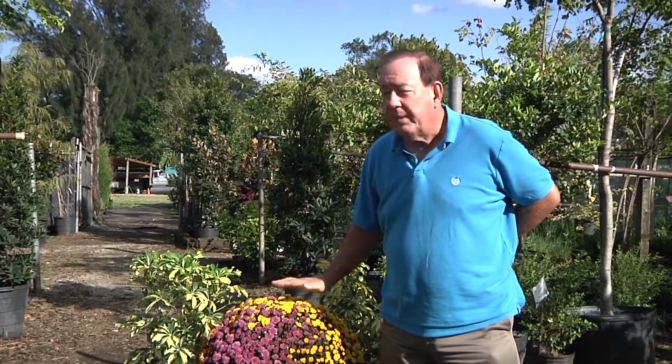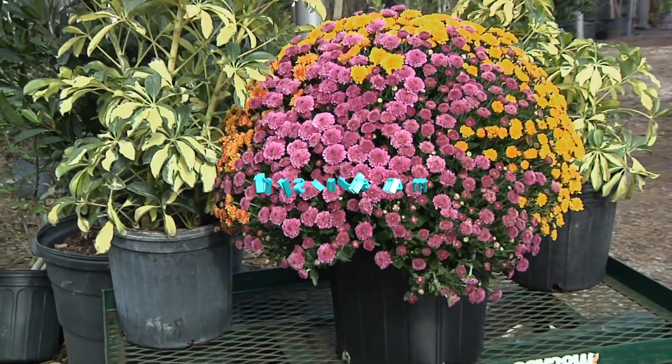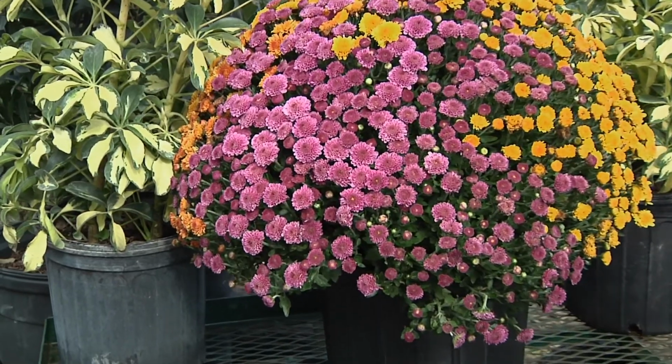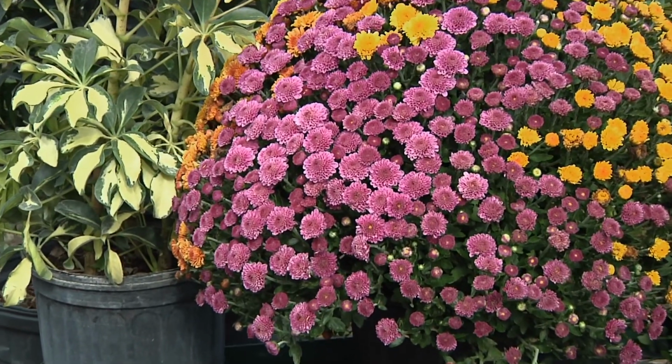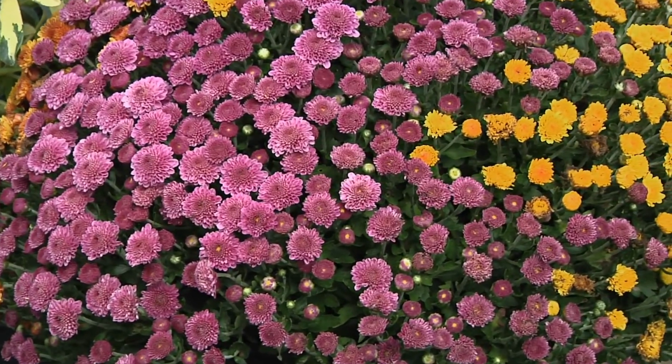Talking about beautiful plants, the chrysanthemums. Now, you might think of chrysanthemums only in the fall, and that's partly true, but today, when you can give it long night, short day, which you can do with shade houses, you can actually have chrysanthemums much of the year. So even though this plant has traditionally been one that we've only thought of during the fall, today you'll see them sometimes in the marketplace spring, summer, and fall. Now this one has a nice